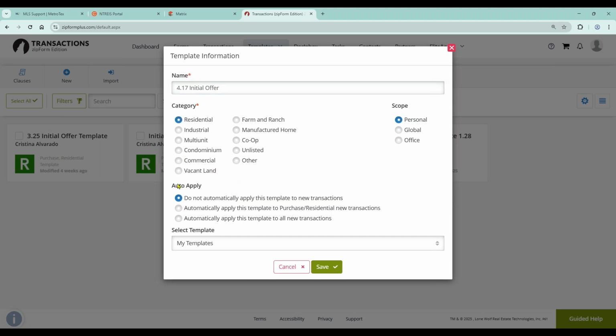And this part is very important, the auto apply settings. Your first option is do not automatically apply this to new transactions. Your second option is to automatically apply this template to any purchase/residential new transactions. And the third one, careful with this one, it says automatically apply this template to all new